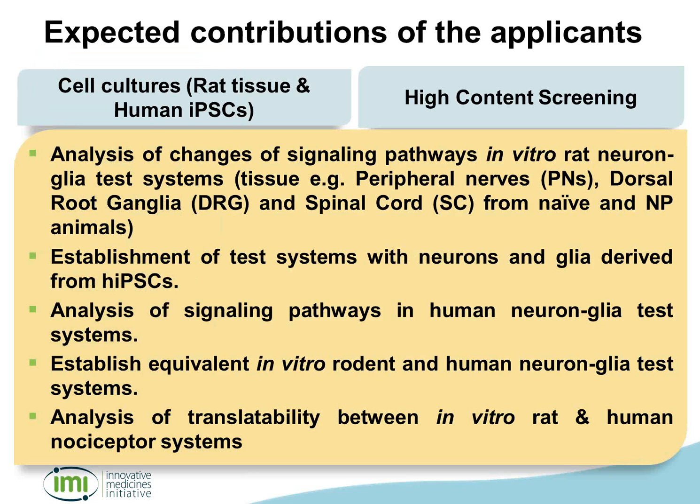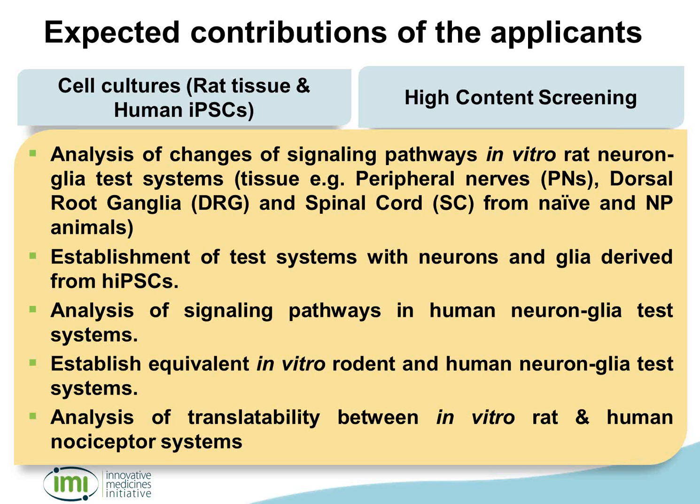Which is the contribution we would like to have from the applicant consortium? Well, based on the capabilities of Grunenthal and Esteve, we identify 3 main areas that should be covered by the applicants. That is, cell cultures, induced pluripotent stem cells derivation, and high-content screening technology. In this respect, the applicant consortium should have the required experience and expertise for the analysis of changes of signaling pathways in in vitro rat neuron-glia test systems,